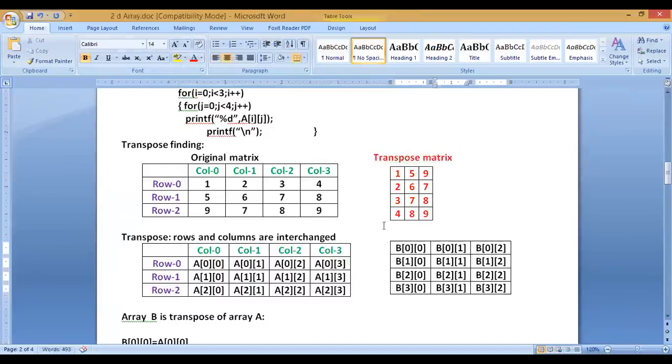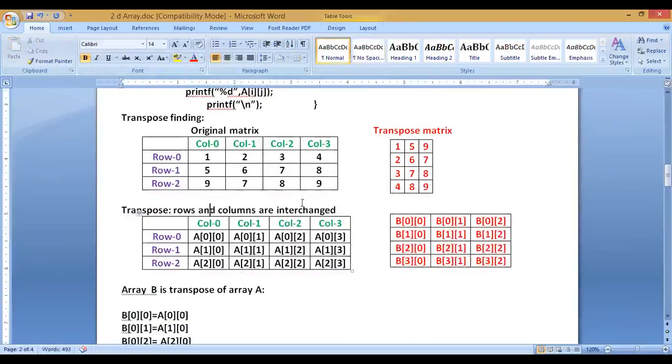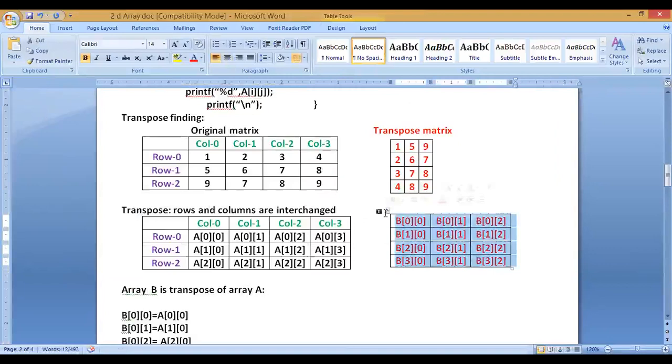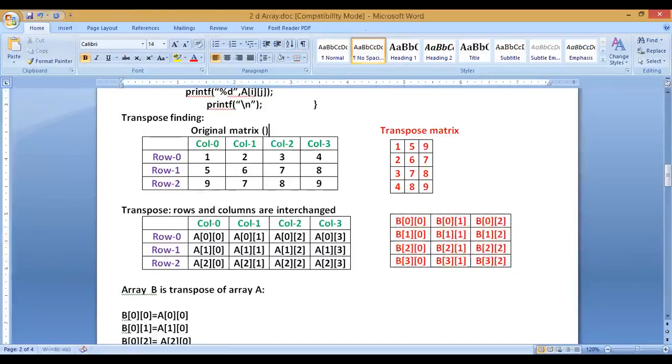So how can we understand the logic of doing this? Actually, this can be done in various ways, but I am doing it one way, where rows and columns are interchanged. But we can see what the output is now. The original matrix was of which size? Actually 3 cross 4, right?